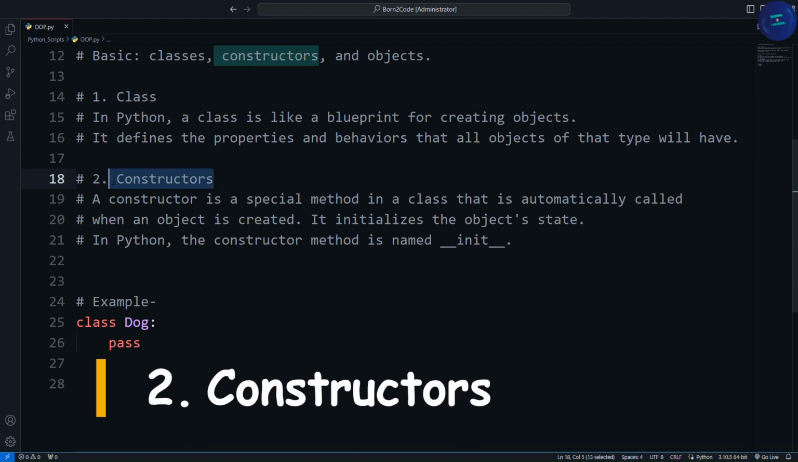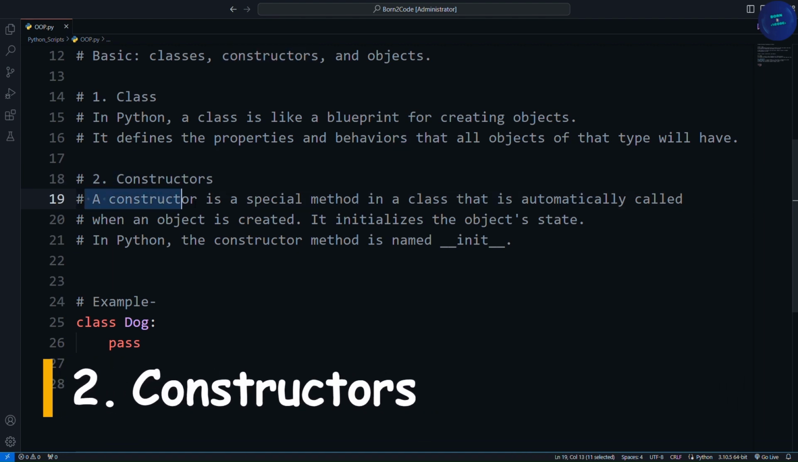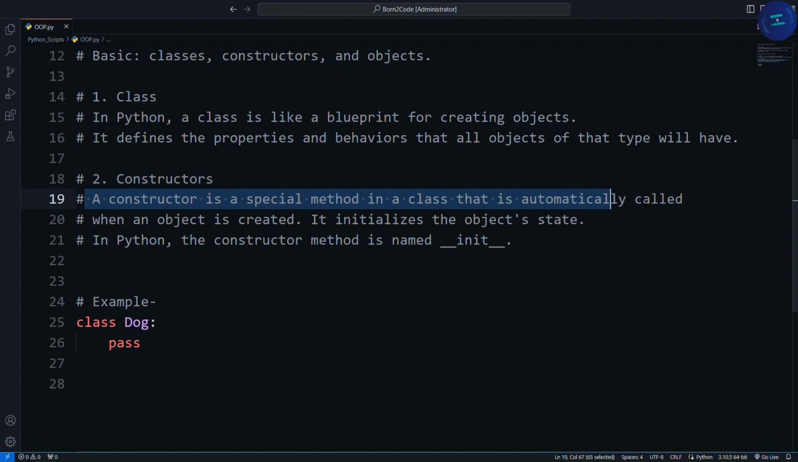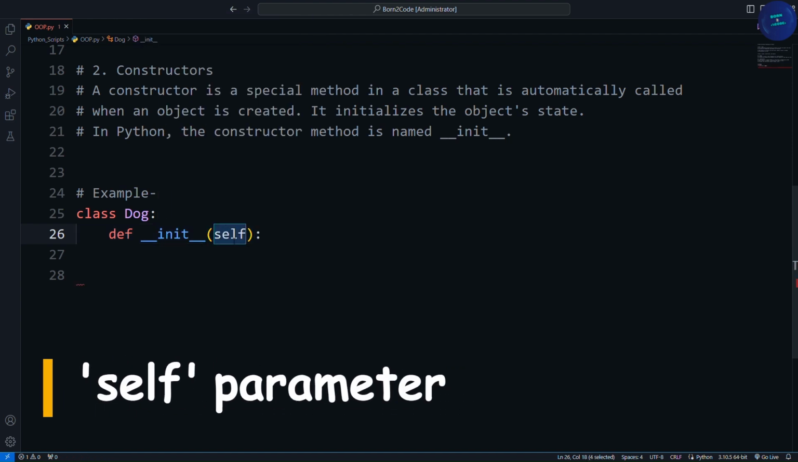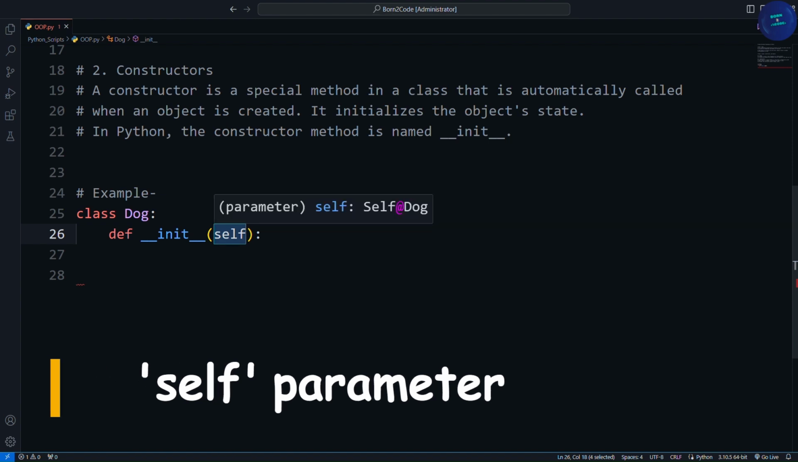Now let's understand constructors. A constructor is a special method in a class that is automatically called when an object is created. It initializes the object state. In Python, the constructor method is named __init__. Here's an example. def __init__(self. In Python, self is used as the first parameter in the constructor and all other instance methods